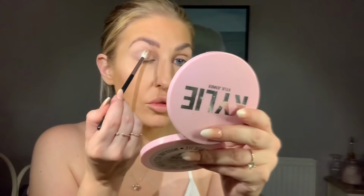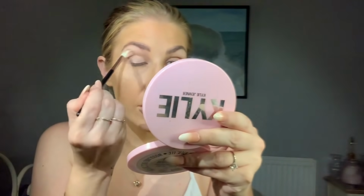Okay, I'm going in with just the Morph 350 palette, which is au naturel. And I'm going to start with a matte base of this. I'm just going to go with beige and browns and golds, which I know I do loads of, but